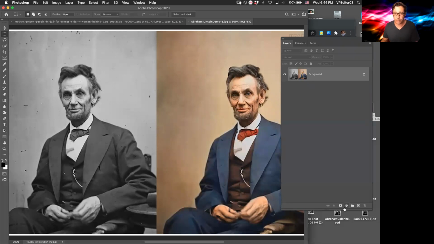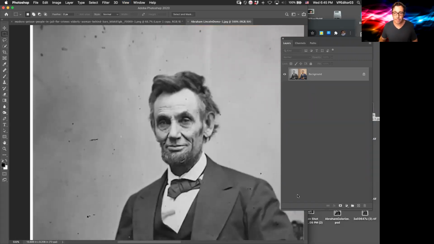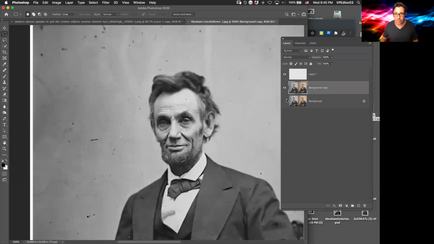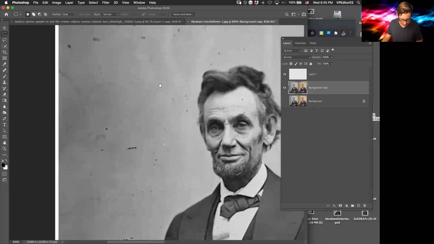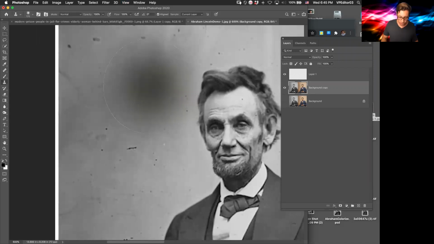So what we'll do here is we'll do a retouch, and I'm going to create a new layer, and I'm going to be retouching on that layer. Okay, you always, before you do anything, you want to create a copy of the background just as a backup. And so now I'm going some of the stuff here, and I can use the clone stamp tool,